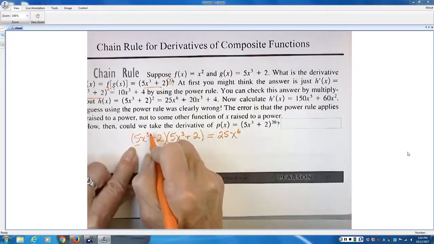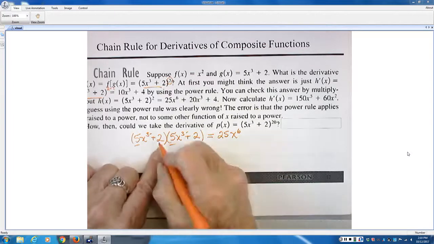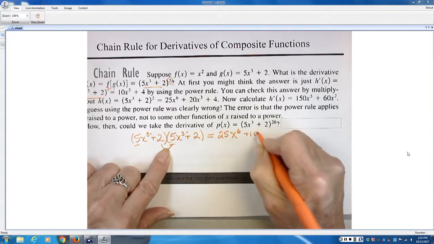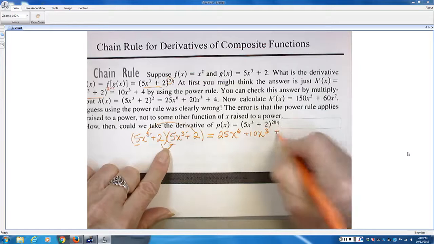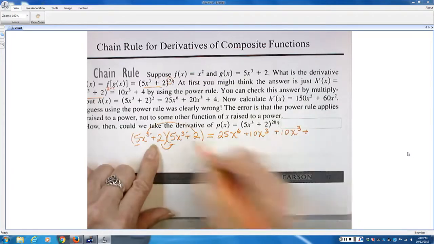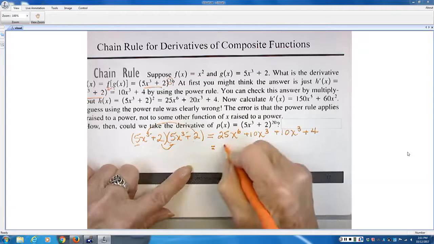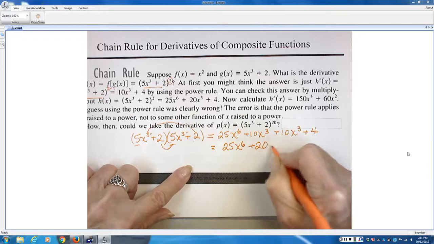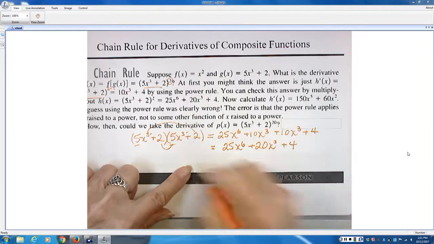5 times 5 is 25, and x to the third times x to the third is x to the 6th, plus 10 x to the third, plus another 10 x to the third, plus 2 times 2 is 4. So that function is actually 25 x to the 6th plus 20 x to the third plus 4, and its derivative